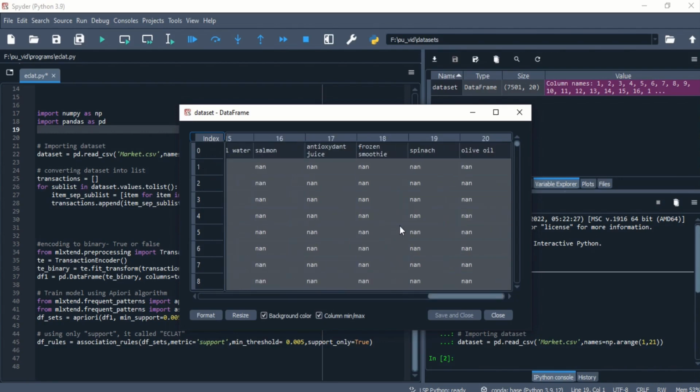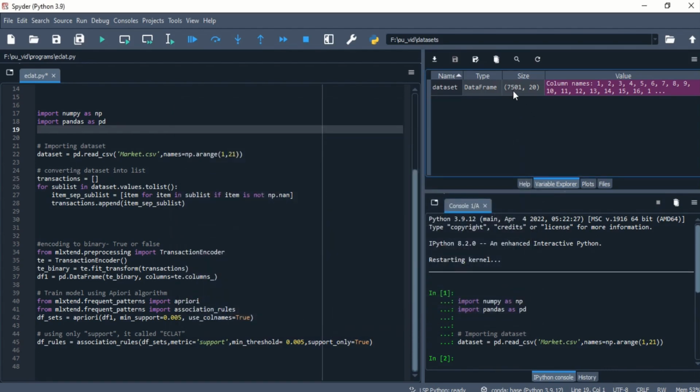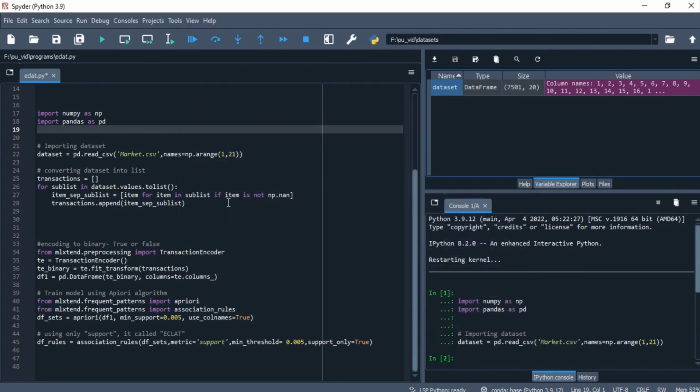At max, there were 20 items in a particular transaction. We have a dataset of 7,501 records. As we know that lists are easily mutable and helpful for our transactions,